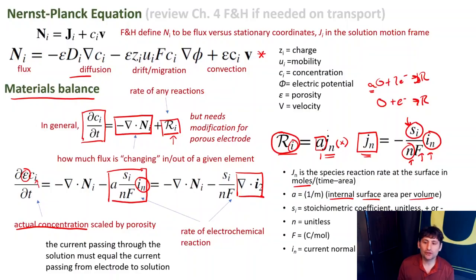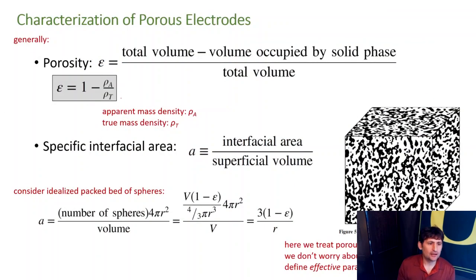Okay, so these equations look complicated, and you might think about them for a while and make sure you understand precisely what each term means and where it comes from, and also read the chapter in Fuller and Harb as you do that. So we're going to switch gears and talk for a moment about how we characterize porous electrodes before we go on to look at some case studies and some trends for how porous electrodes pass current in electrochemical systems. So we talked about the porosity as varying from 1 to 0, and the porosity is defined as